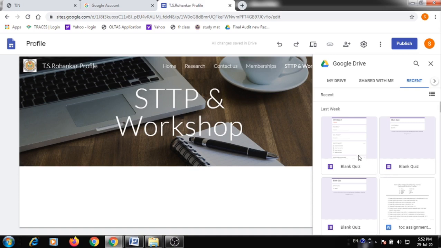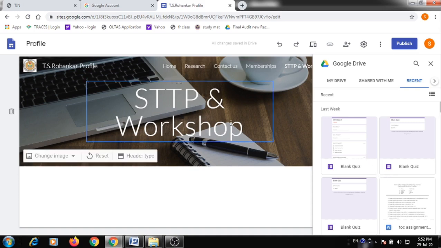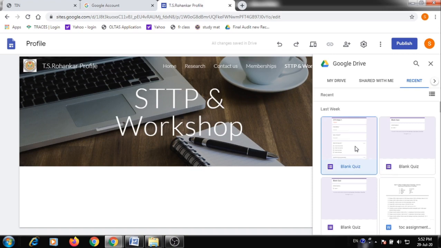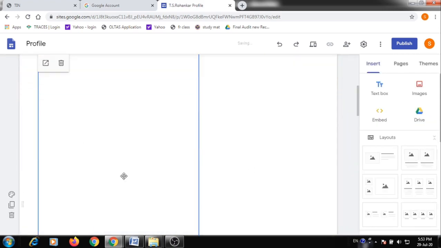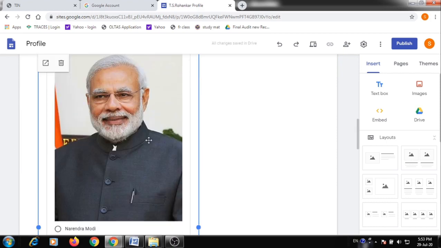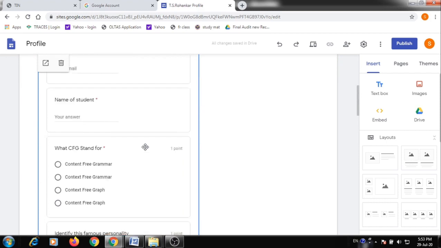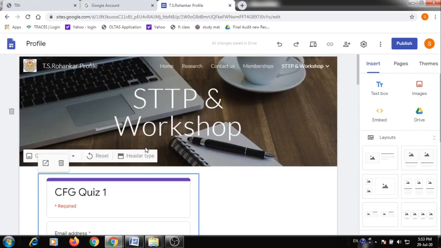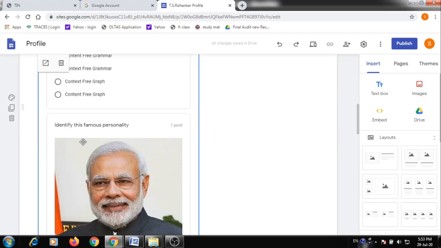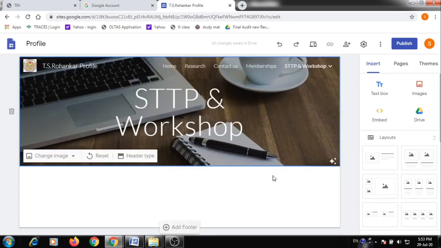If I want to add this Google Form in my website, then I just need to click on the Google Form and say insert. In that way, you are able to add any Google Form in your website. So this is the Google Form which I added over here. Right now I don't require this, so I am going to delete this. In that way you are able to add anything from your Google Drive to your website.